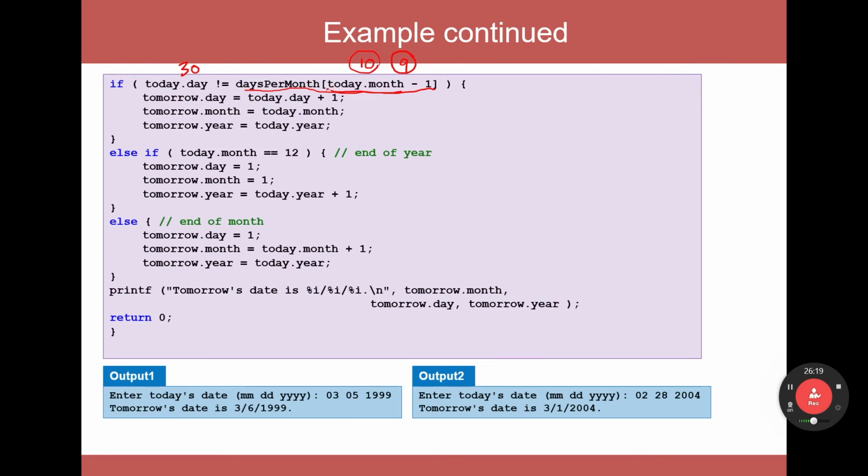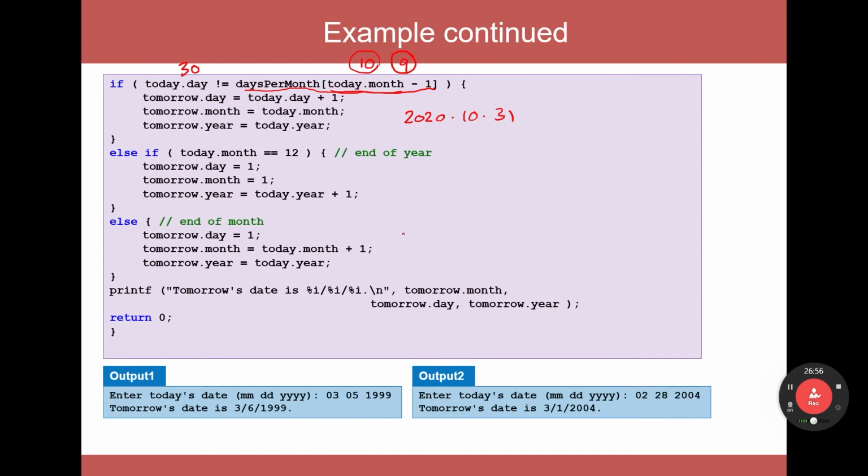If this one is true, what I will do, I will say tomorrow variable.day equal 31. And tomorrow month will be the same, month 10, so it will be 10. And tomorrow year will be the same. So this will generate for me, for example, 2020, and then the month 10, and it will mean tomorrow will be what? 30 plus 1, so it will be 31. Okay, now imagine